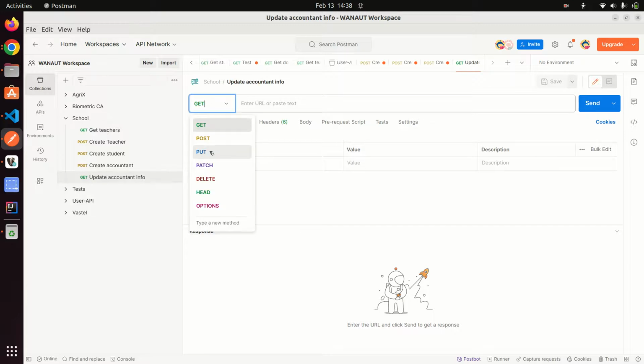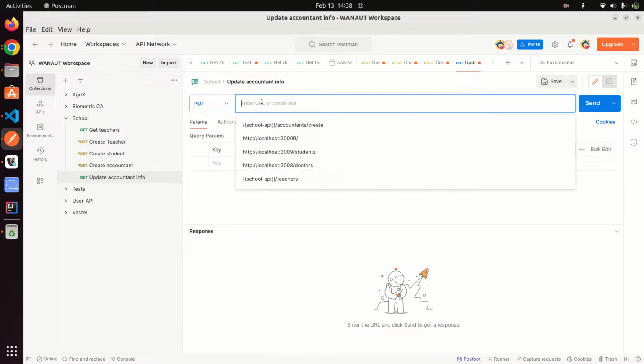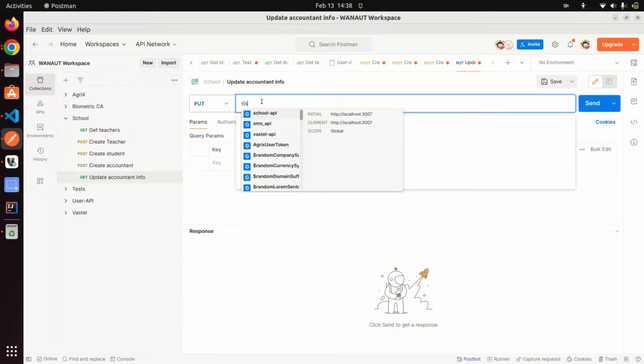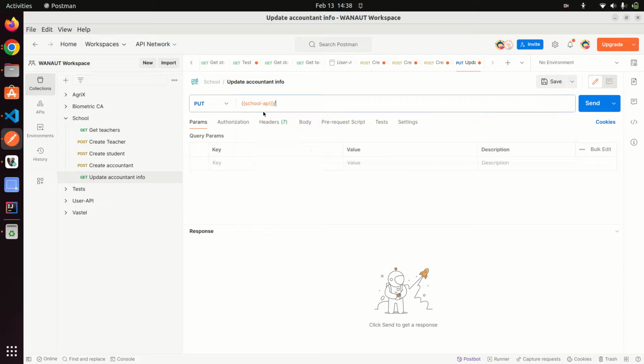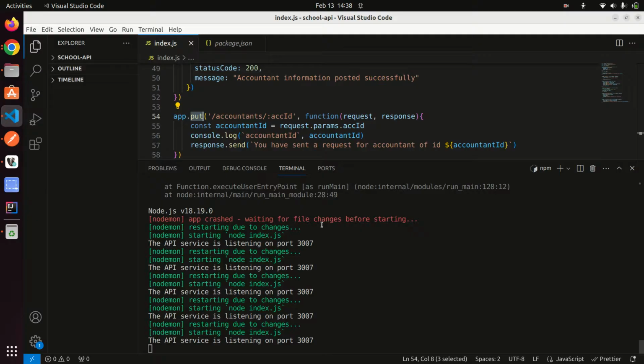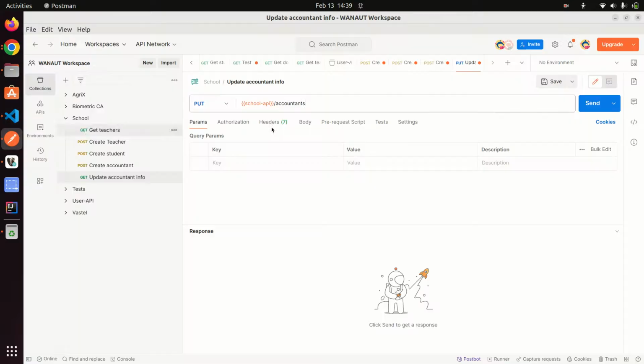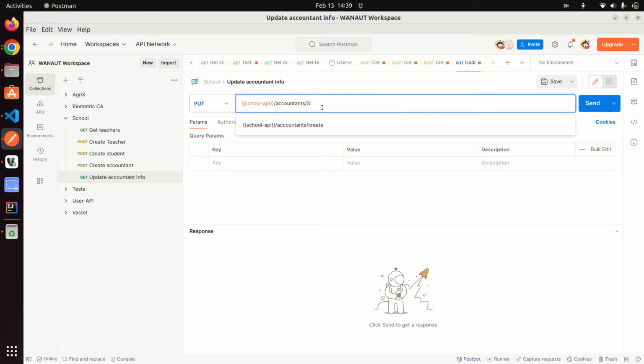So you can see a PUT is here, then you put school API, then accountants, then remember you have a slash, then the colon parameter. I said that this must be a value. Where you have a colon and then the parameter, it means that it will be substituted by a value. So in this case I will put a slash like